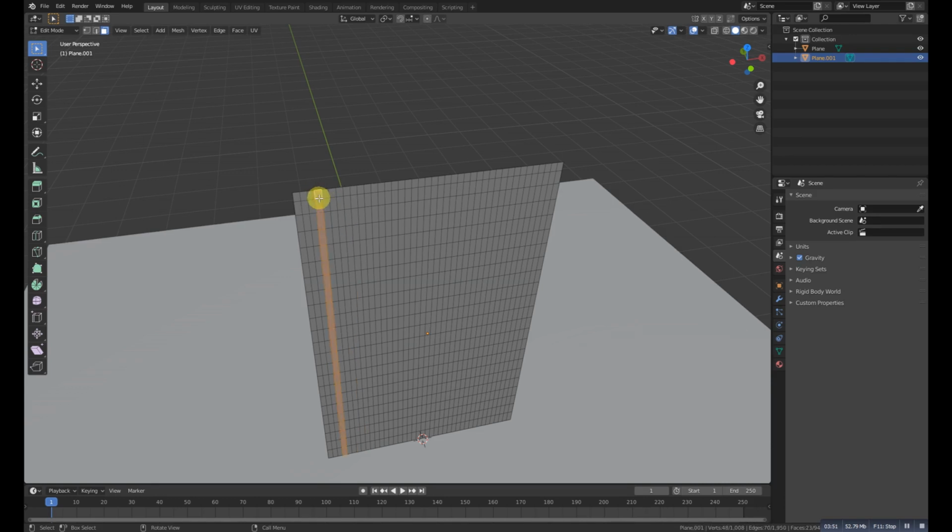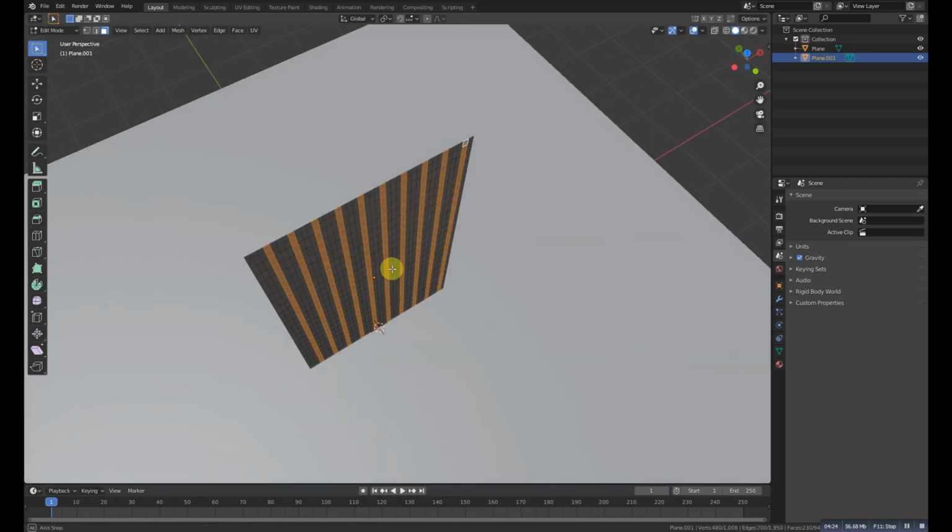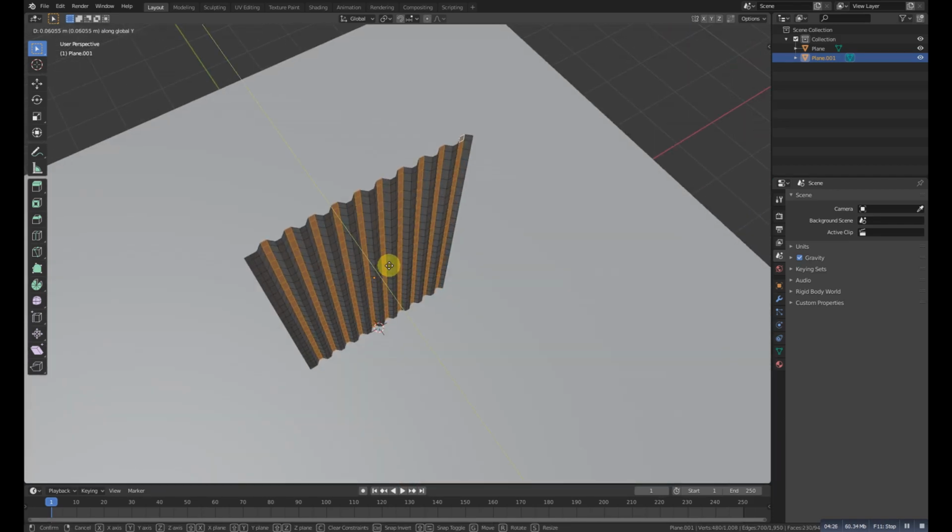So double click on this edge loop and select it, and now let's leave 3 and select the fourth one, and now let's again leave 3, select the fourth one. Okay, so that's it. Now let's grab this one up on Y,